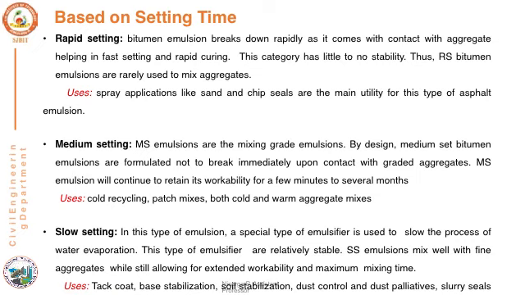And at last, we have the slow setting bituminous emulsion. In this type, a special type of emulsifier is used to slow down the process of water evaporation. This type of emulsion is relatively very stable, and slow setting emulsions mix well with fine aggregates while still allowing for extended workability and maximum mixing time. The applications of slow setting emulsions include tack coat, base stabilization, soil stabilization, dust control and dust palliatives, slurry seal,